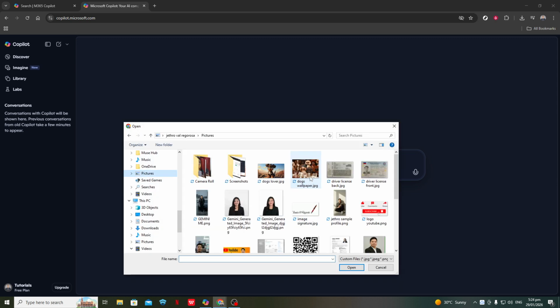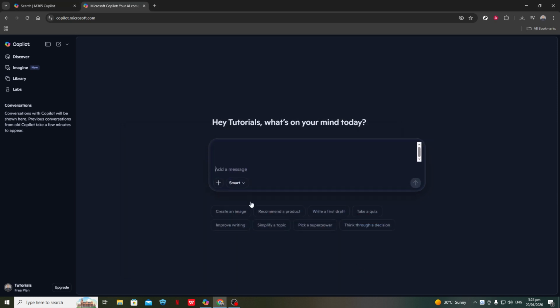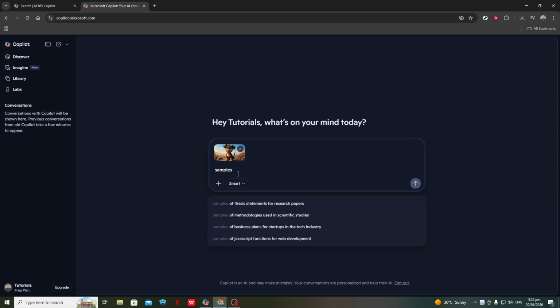From here, navigate to the folder on your computer that contains the image you want to use. Copilot works best with standard image formats like JPEG and PNG. Select your image and click Open. You'll now see a thumbnail of that image appear above or beside your message field inside Copilot. If you change your mind, you can usually remove the image before sending by clicking a small X or close